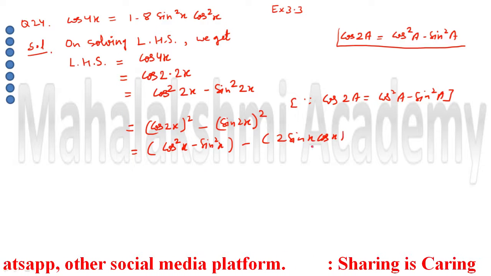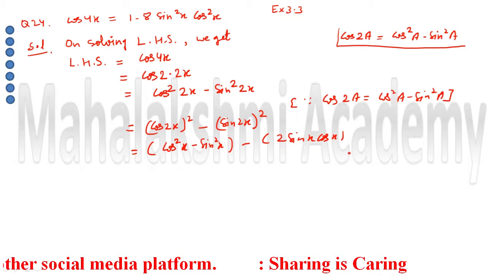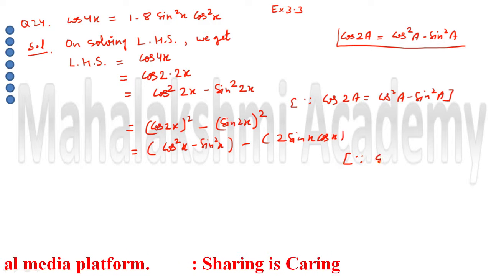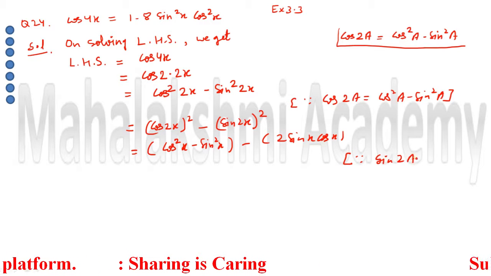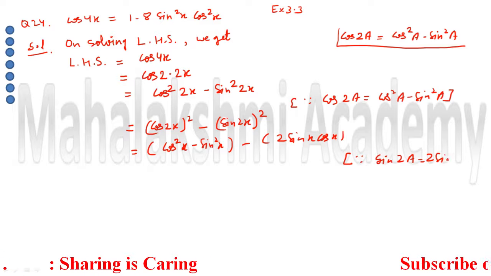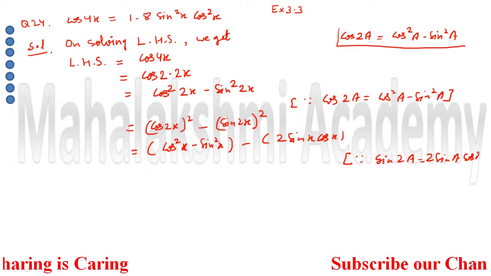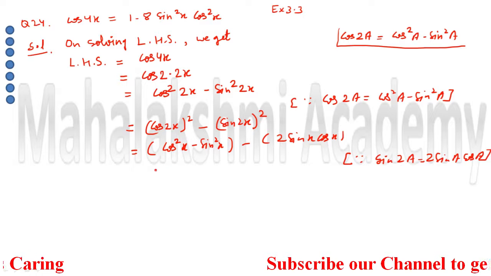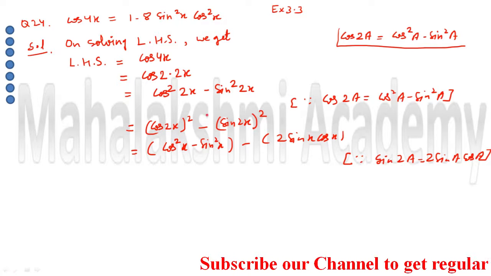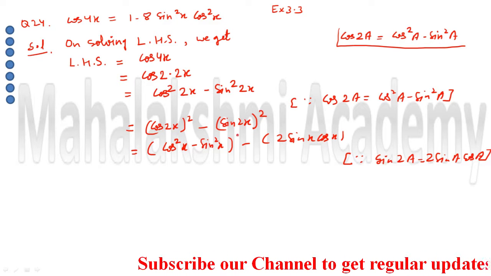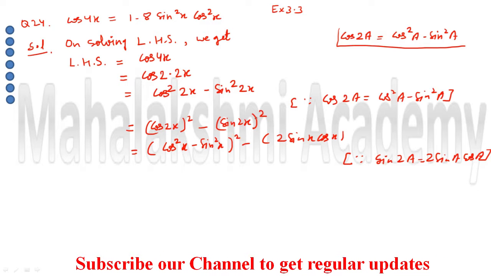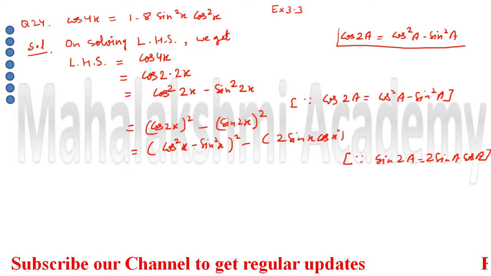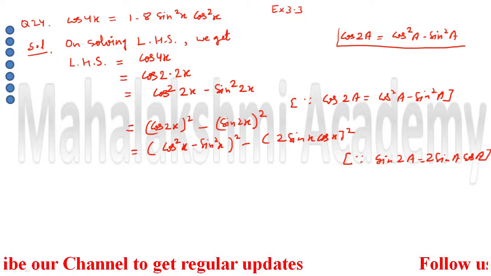Now this formula is new, so we will write here the formula which we newly used, that is sin 2a, that is 2 sin a and then cos a. Here I think I forgot, whole square is also there, so we will write whole square here, and this square also we will write as whole square.